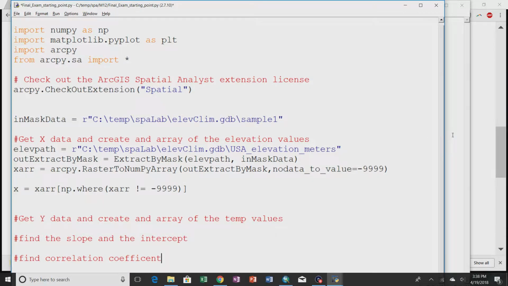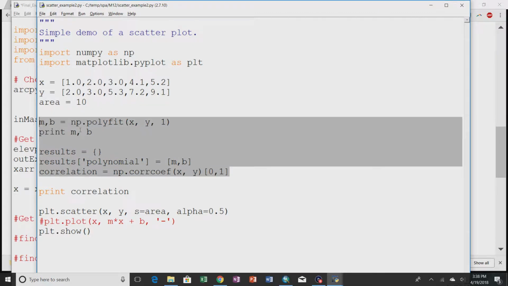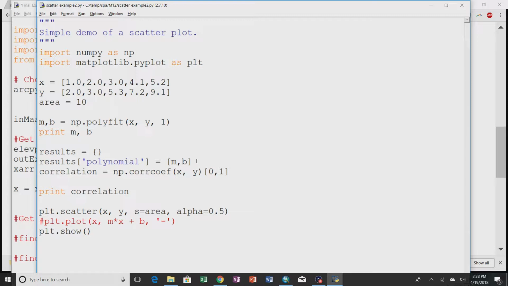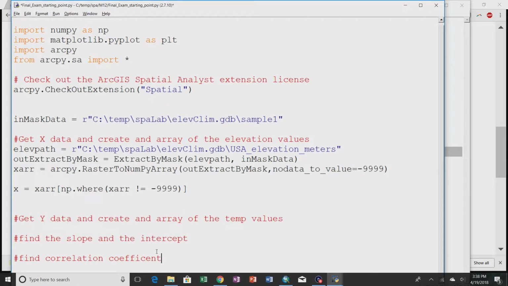You could do that using these two commands. You actually don't even need this line right here technically, because that's going to be putting it onto the plot. Okay. You find the slope, you find the intercept, you find the correlation coefficient, or you do it like I did it in that other one,